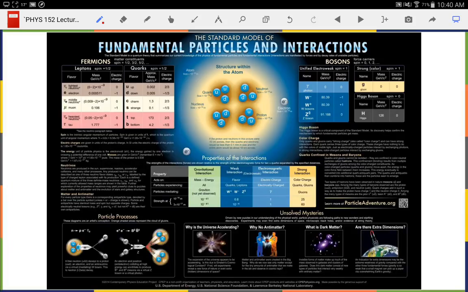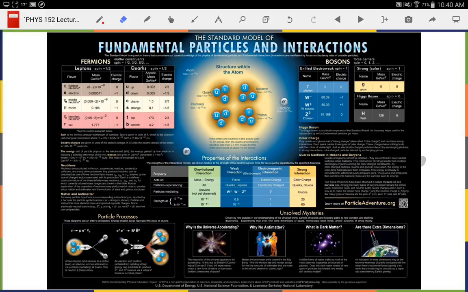I was going to bring out this table and put it in the back of the classroom, but the truth is, my PowerPoint software kept crashing when I was making your lecture, and I had to redo the presentation a couple times. So I didn't have time to do it. This here is a nice table put out by the Contemporary Physics Education, I can't remember what the last P stands for,